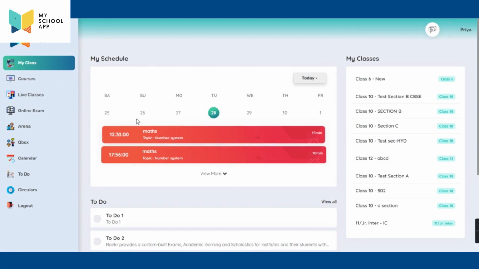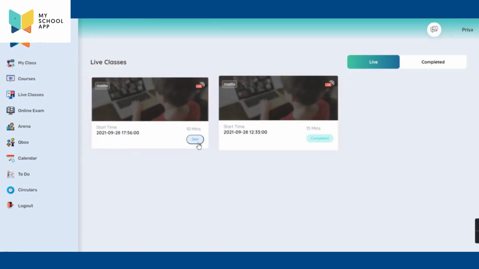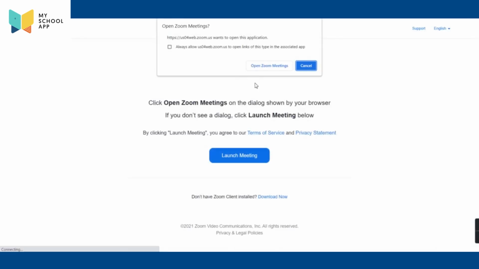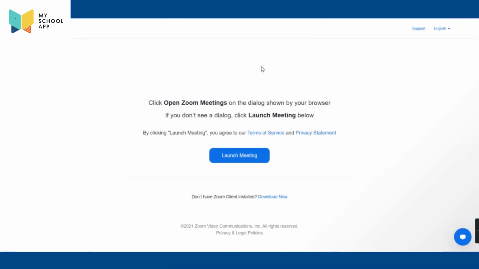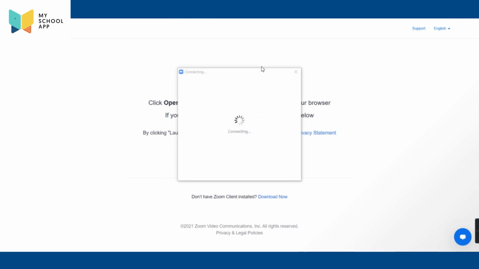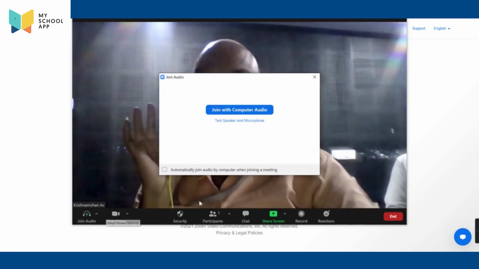If I click on live class, I can see a join button there at that time. Before that, the countdown will be there. By that time, the join button will come. If I'm faculty, just to start the class, click on join. I can open the live class directly. Student also, in the same way, can join the class. It is very easy for the faculties to conduct a live class from this app. It will directly connect to the class.